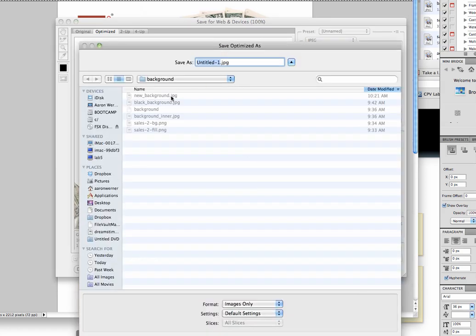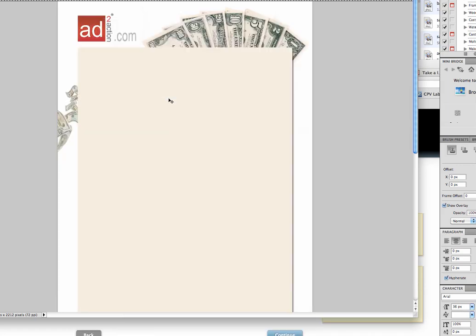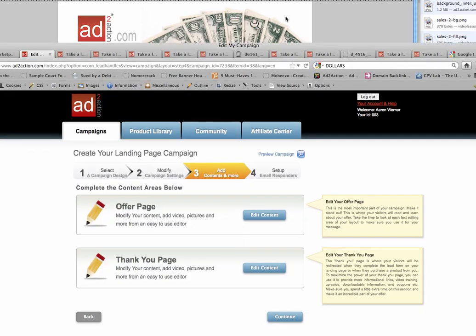And I'm going to call this my background. Actually, go back here. Background. And the naming does not matter, just something that you're going to remember. I did background 3. Now what I'm going to do is jump over to add to action now, and I'm